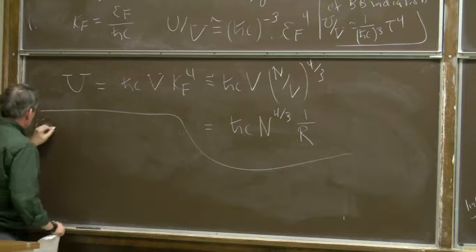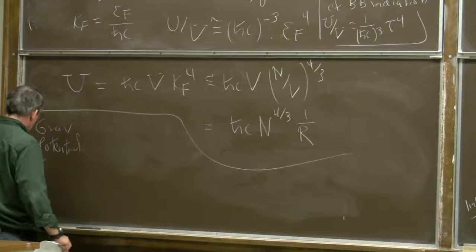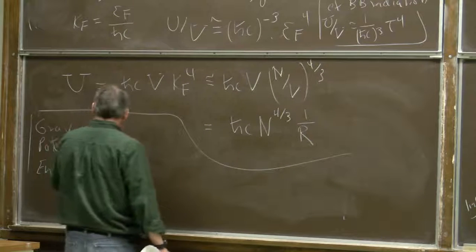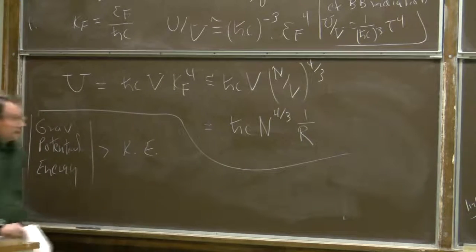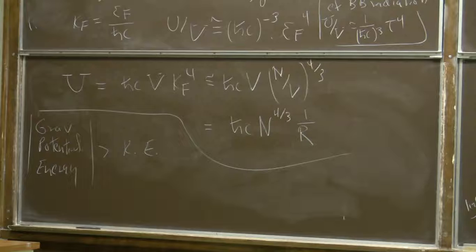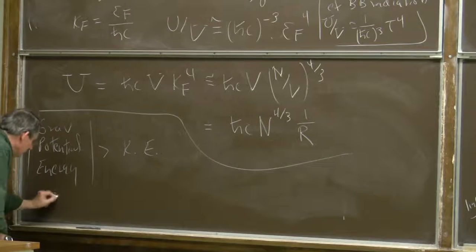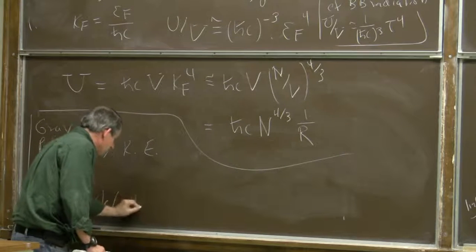So, the gravitational potential energy, really its absolute value because it's negative, will be greater than the kinetic energy if the coefficient of 1 over r in the gravitational potential energy, which is G m squared, beats the coefficient of 1 over r here. So the star is unstable, and therefore collapses to a smaller radius